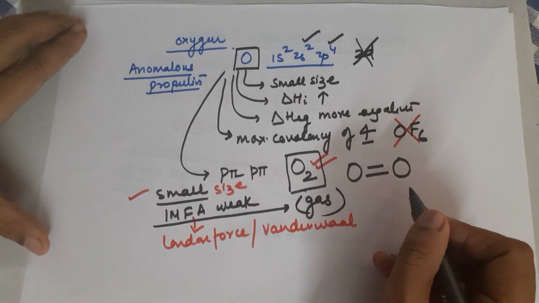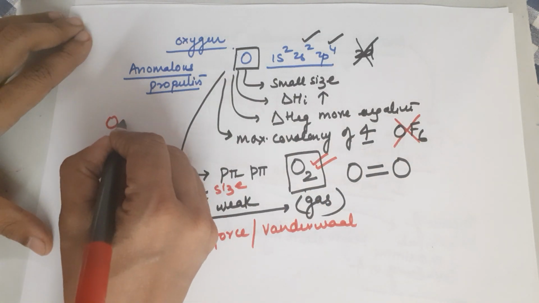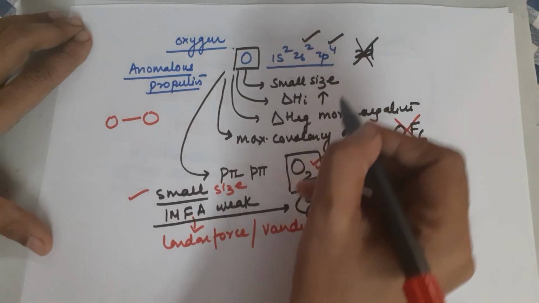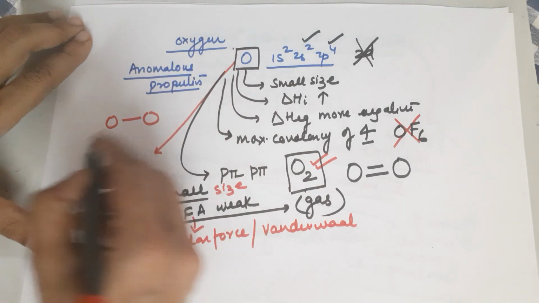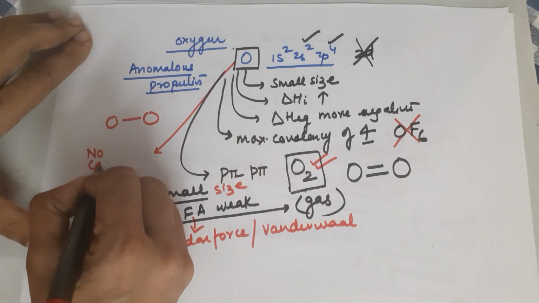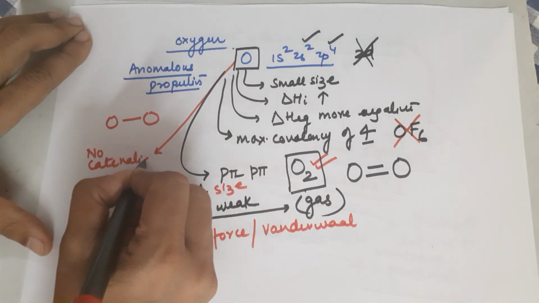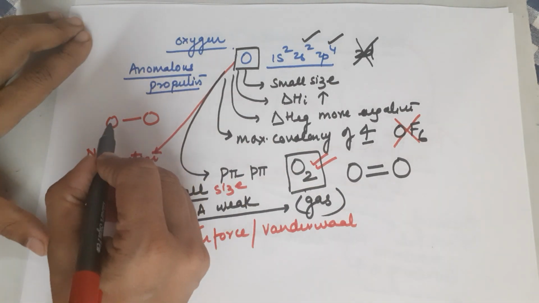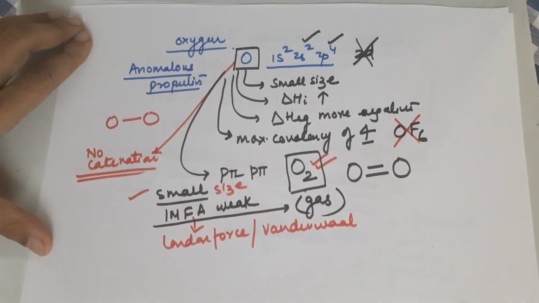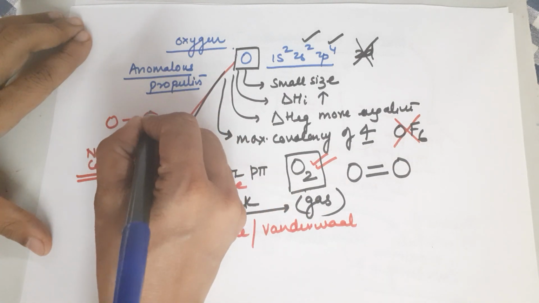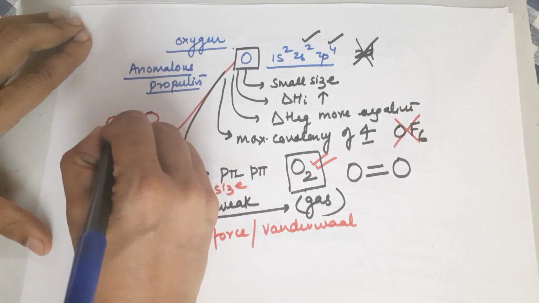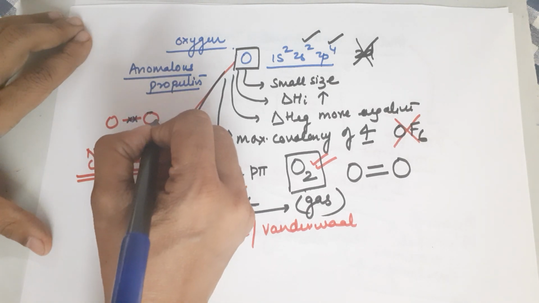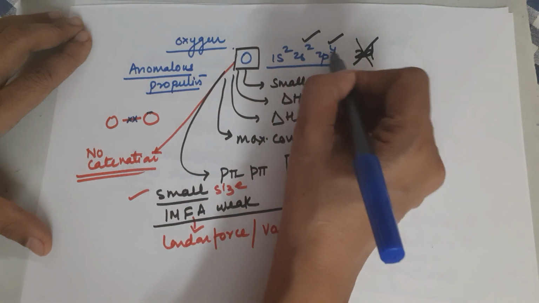Beyond this, oxygen does not prefer to form a single bond and form long chains, which means oxygen does not show catenation. Like the other members, it would not show any catenation. The reason is O single bond O is very weak. Why is that? Because the oxygens have a small size, this electron pair present here, but apart from this, oxygen in the outermost shell, how many electrons does it have?